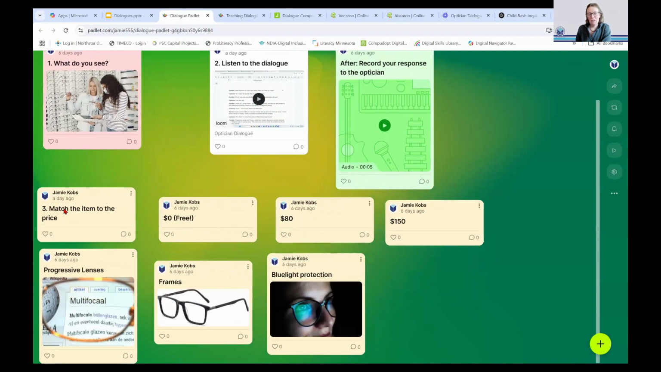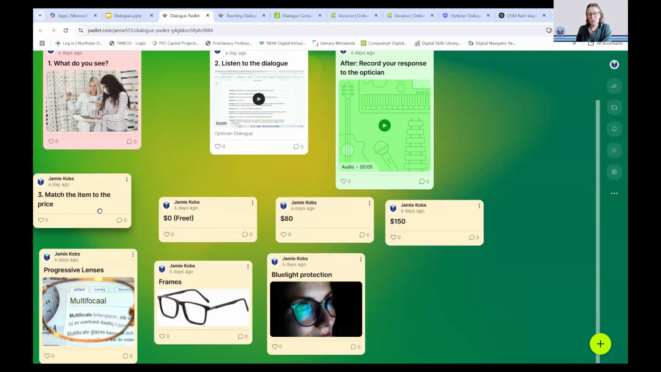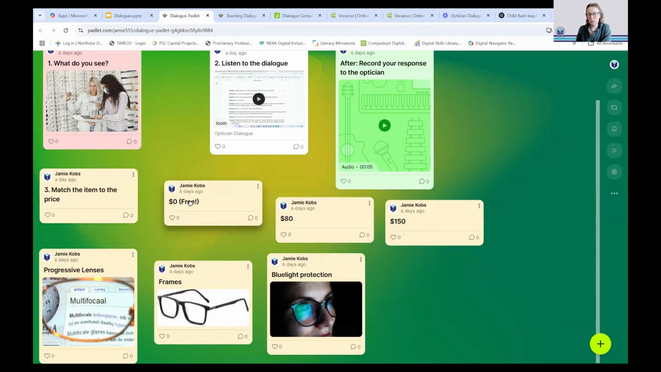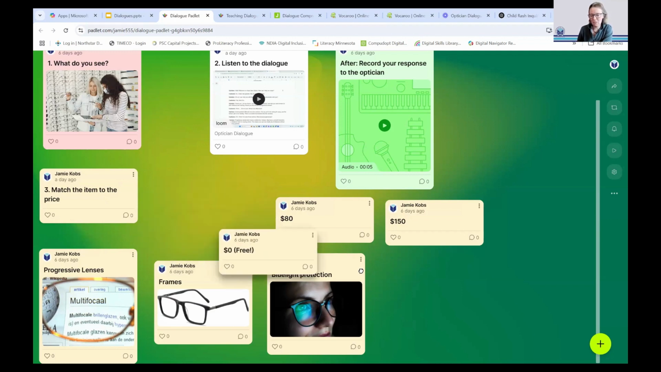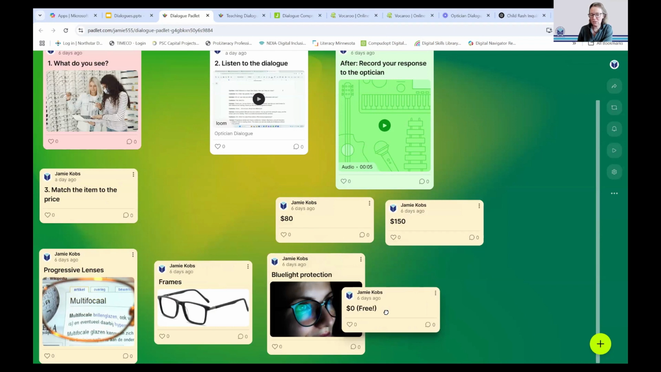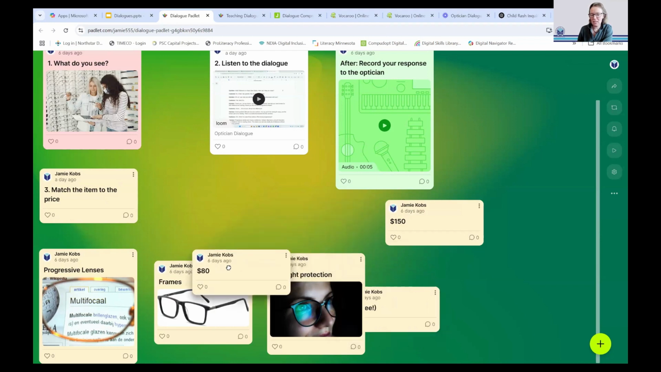This third activity here is a matching activity. And so because these posts are manipulable, I'm trying to create a word. Because you can manipulate them, I could just drag them. So I remember the blue light was free. The frames were $80. The other thing that you can do with a Canvas background is if you click on